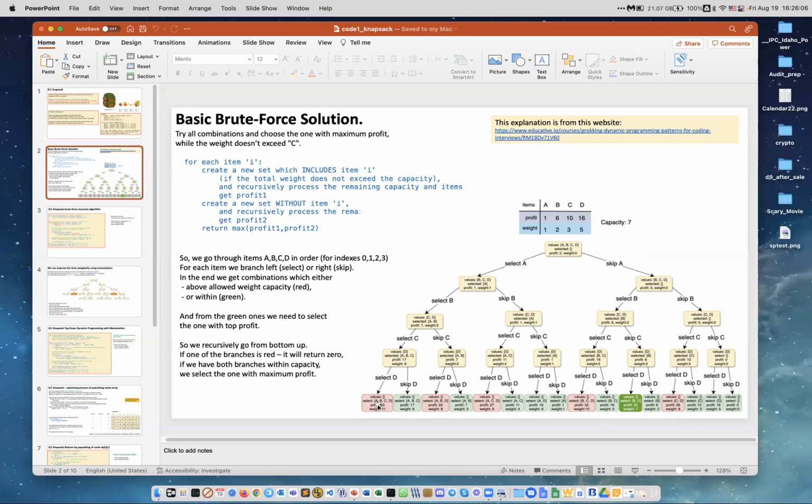And for each one, we check if we exceed capacity, then it's not good, it's red. So all these things are red. And then if we haven't exceeded capacity, it's green, it's possible. But then out of all the greens, we need to select the one which has maximum profit, maximum value. Okay, so we can build the tree and then go through these and find the